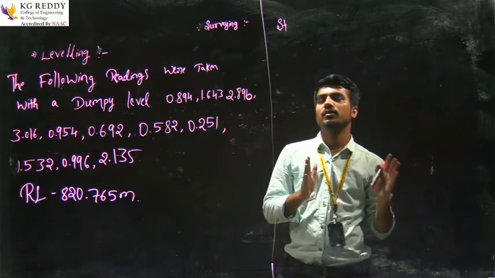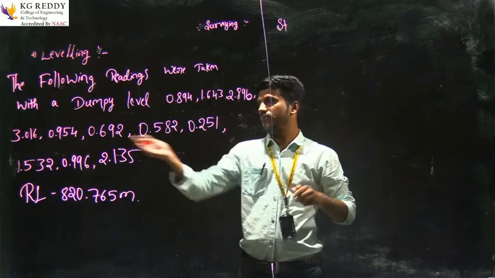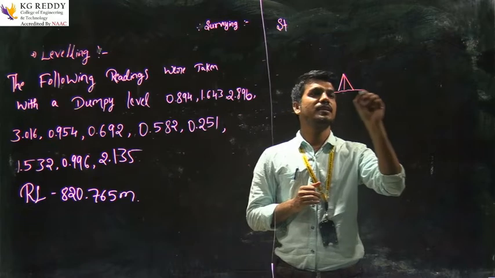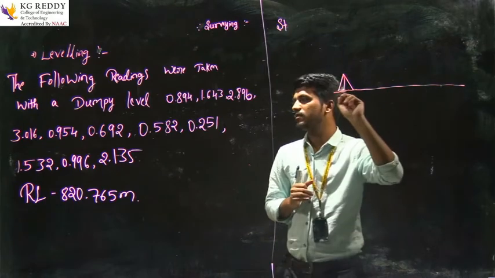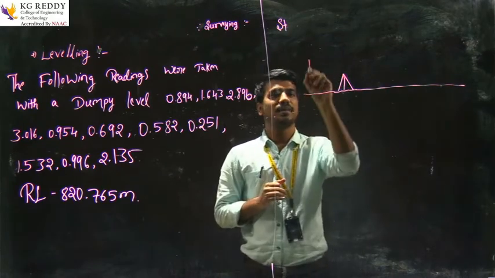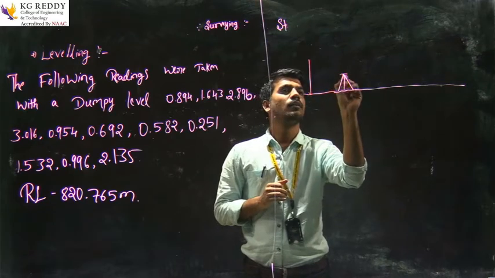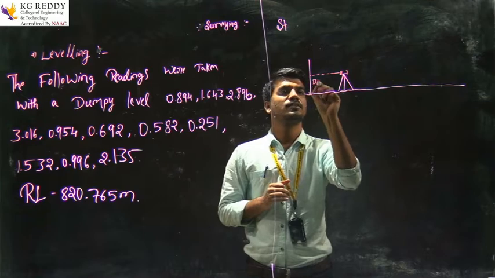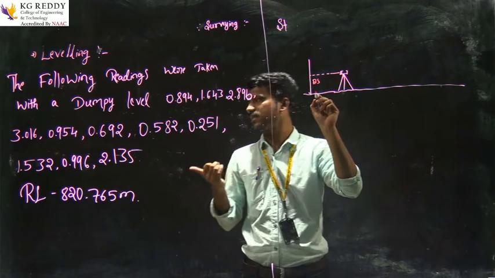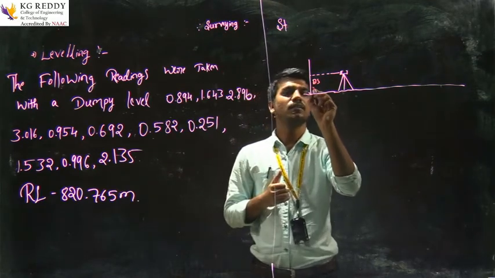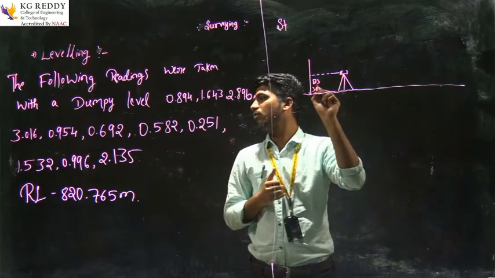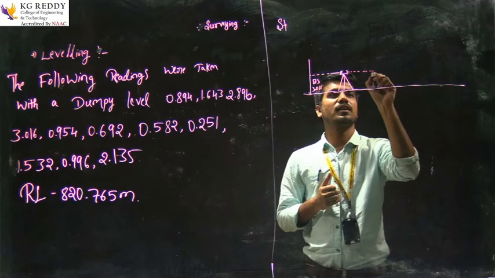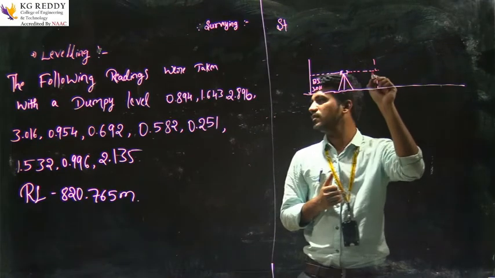How will the tabular form be? It will start with the first point as the back side. Here you are setting the instrument in the field for leveling. So the first point is the back side. I will clearly show the back side. This is your back side, the first reading. What is the first reading here? 3.016, and after that we transit the telescope in the forward direction, that is IS